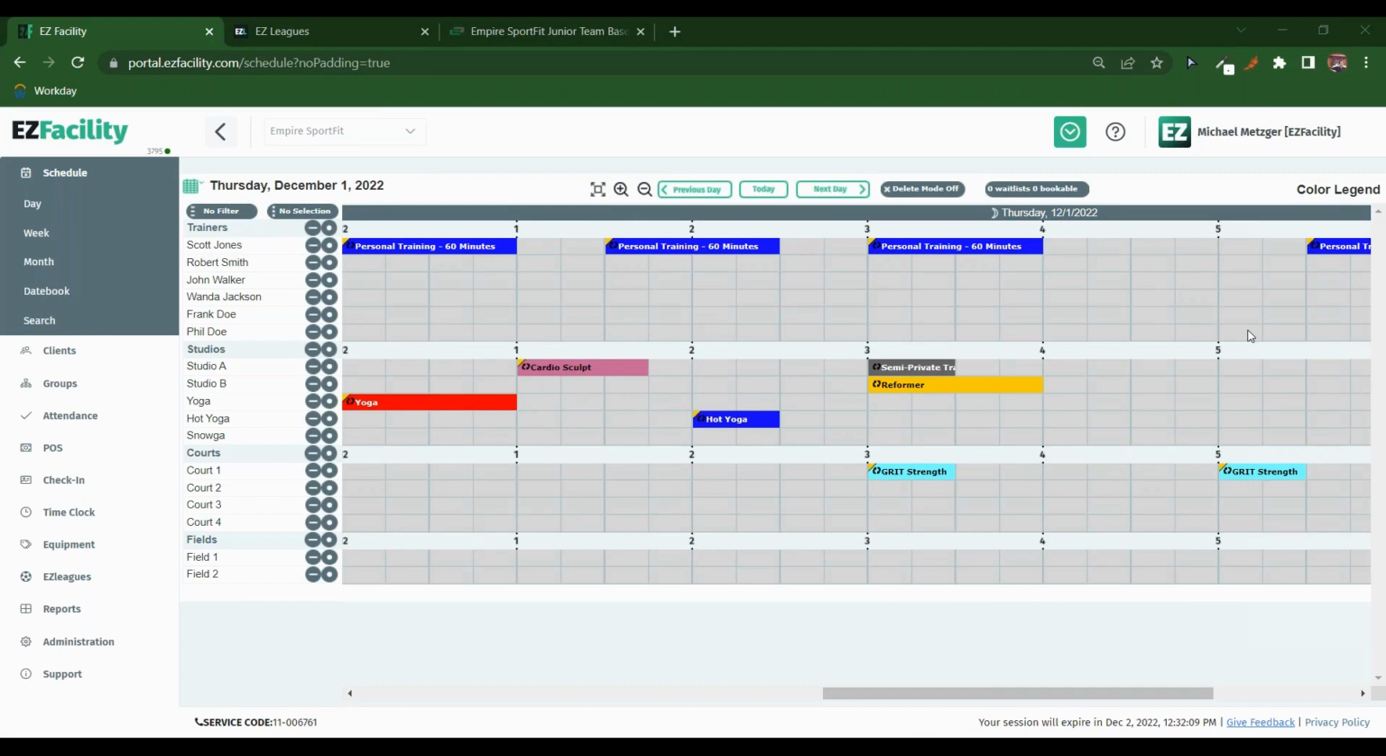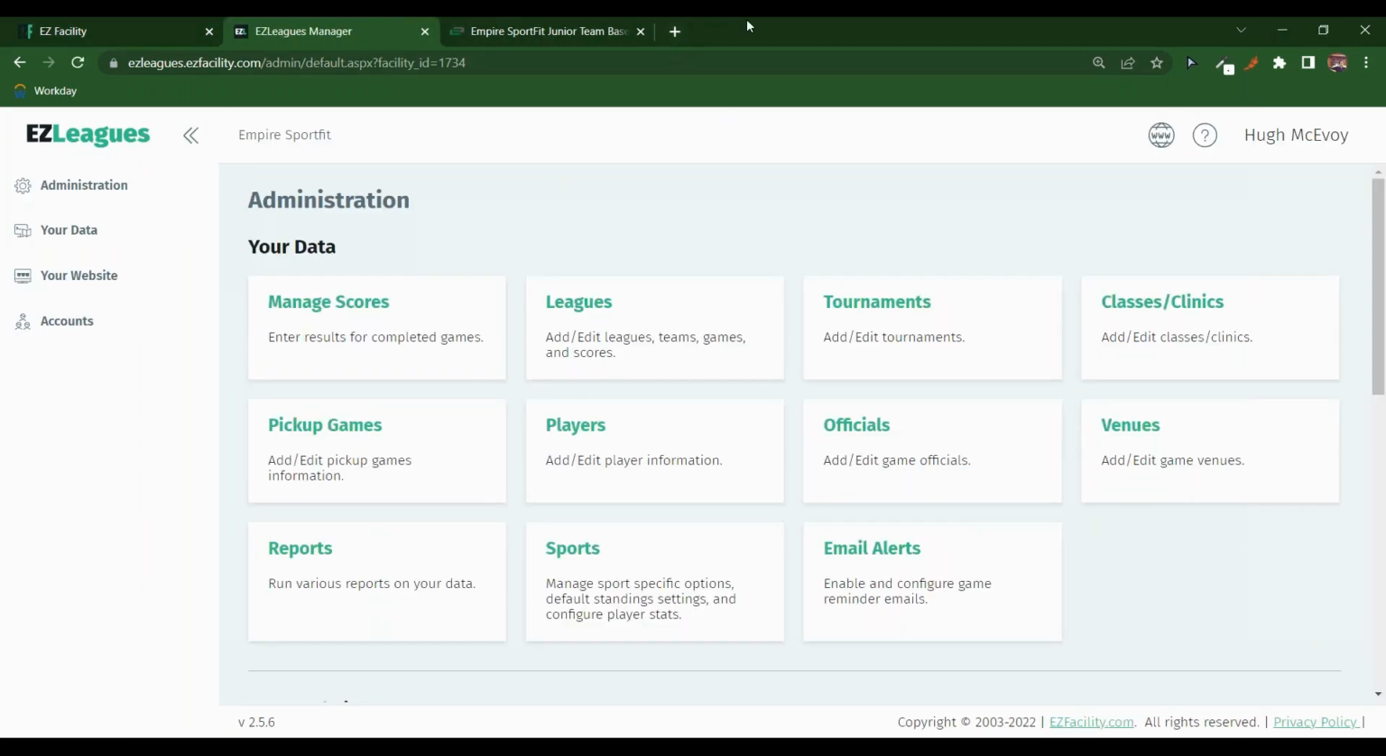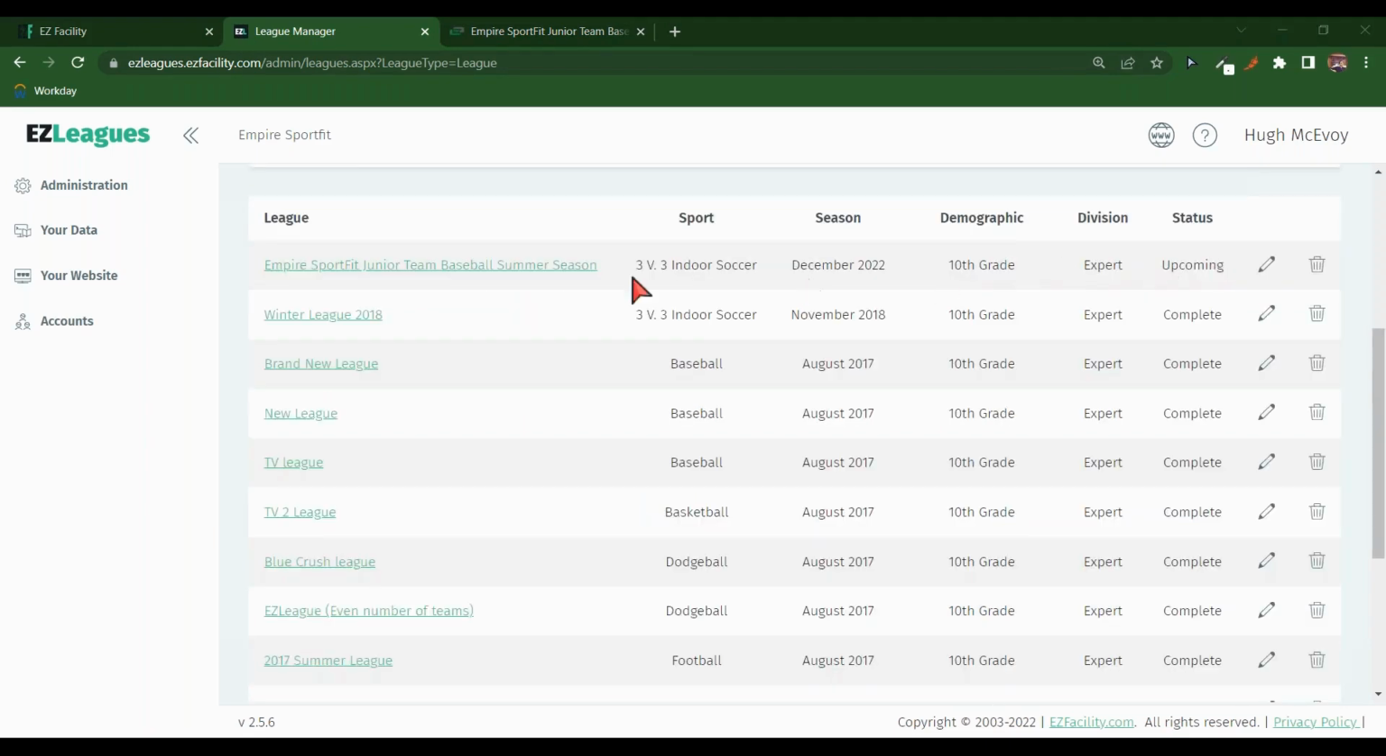Okay, does EZLeagues provide live scoring for hockey? So as far as providing live scoring, that would just be a matter of you going to the league or the tournament itself. Like if I go to baseball summer season here,